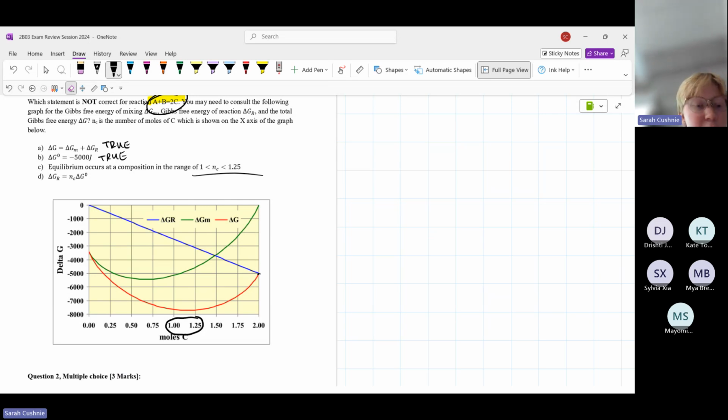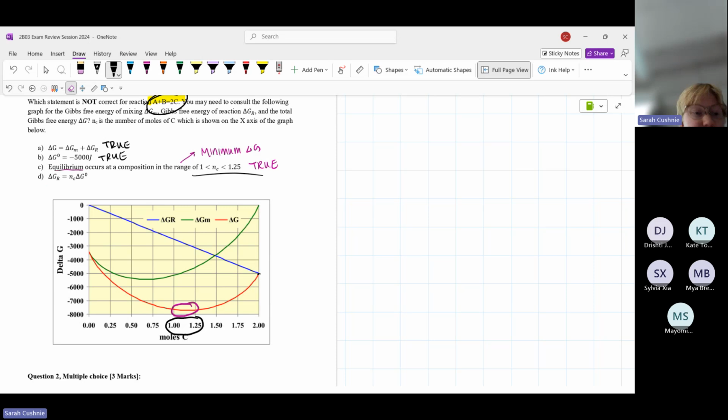And we can look at that by looking at the overall delta G graph. And ultimately, the big theme behind Gibbs free energy and what you always have to remember is that we want to be at minimum Gibbs free energy. We want to decrease it as much as possible. So we're going to be at equilibrium when we're at the minimum Gibbs energy, delta G overall. And that does occur somewhere in this range. Where exactly, hard to tell. But we know that this is then true. So you can say that, therefore, this has to be false. But if we can actually look at it,